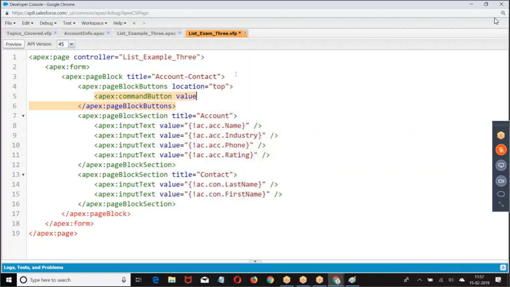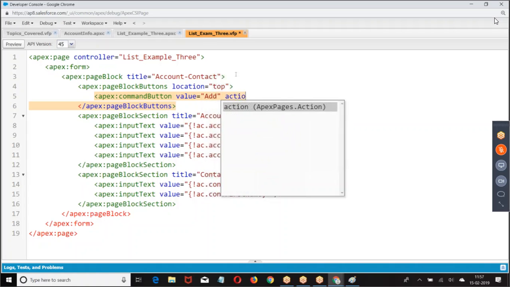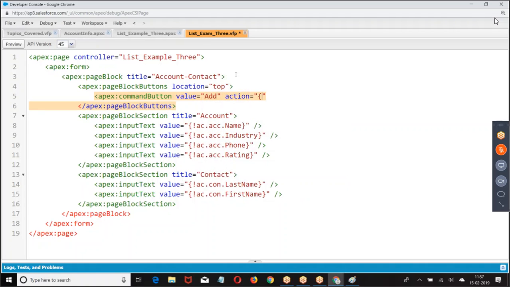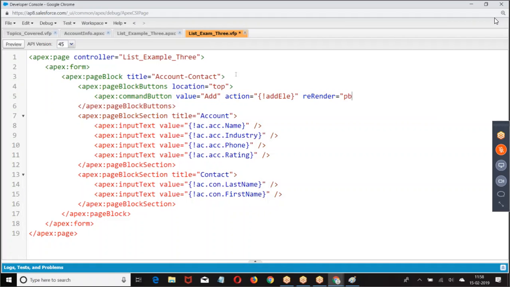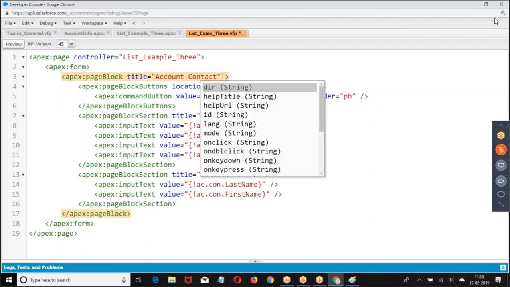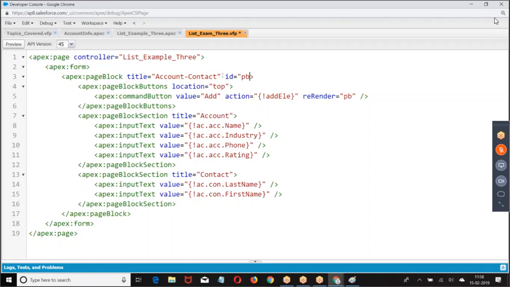Command button value equal to add action and element. Already we have done this example. Adding the element to the page block, adding the element to the list, trying to display. We already done this.